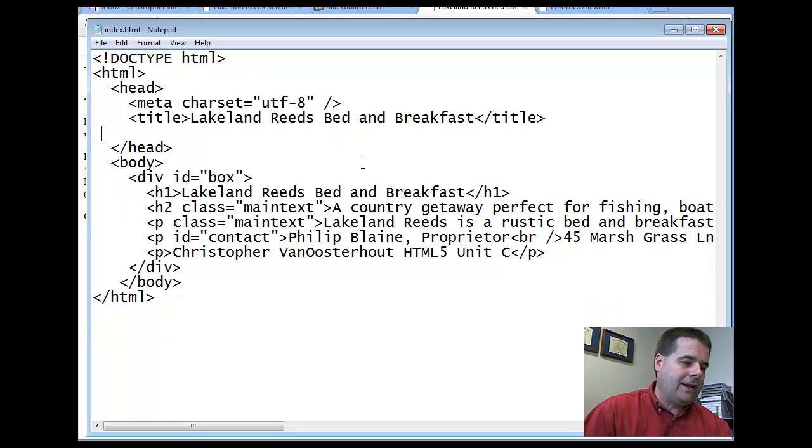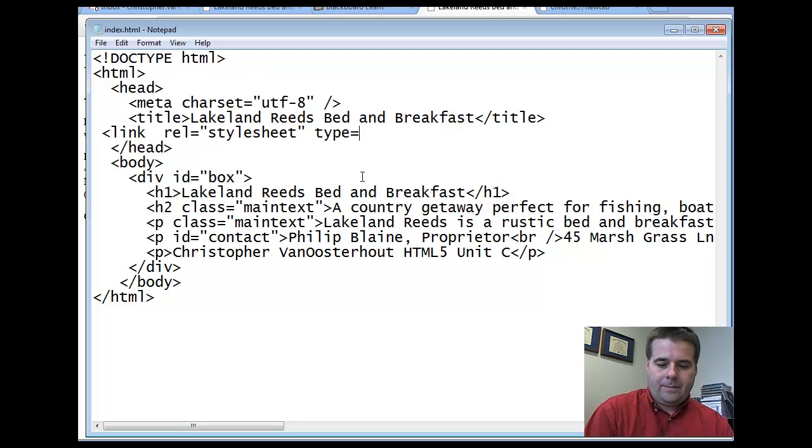We end up with just a blank line, and we're going to type the following as shown on step 9. And build a tag called link, rel equals stylesheet, type equals text slash CSS,